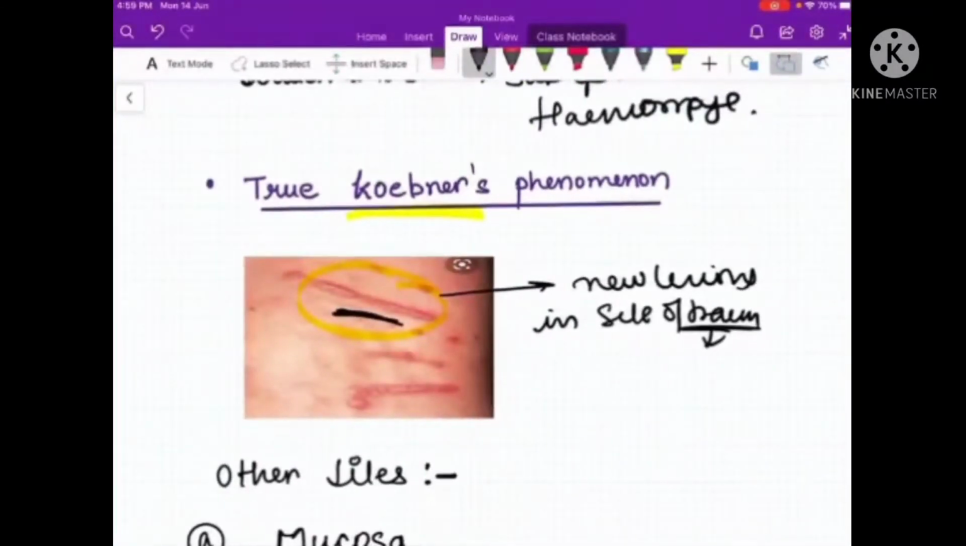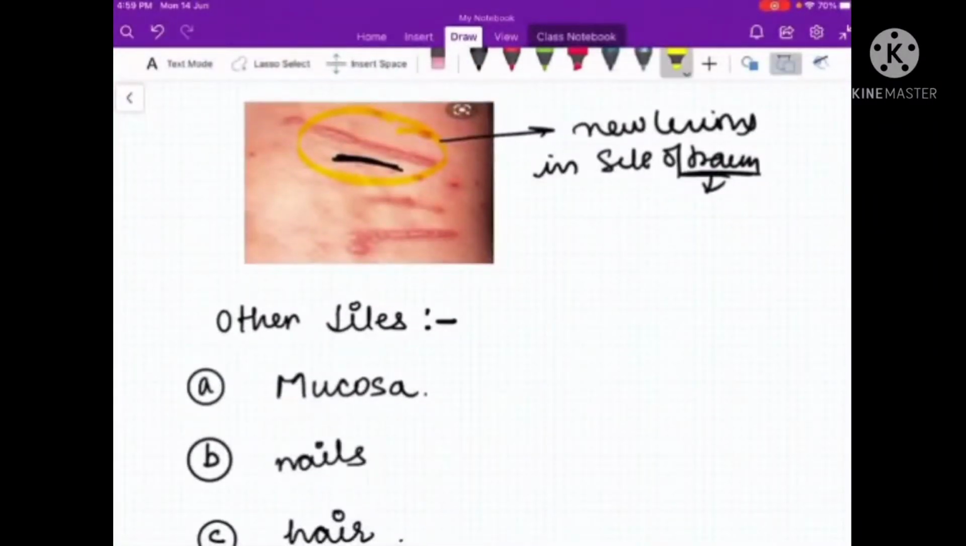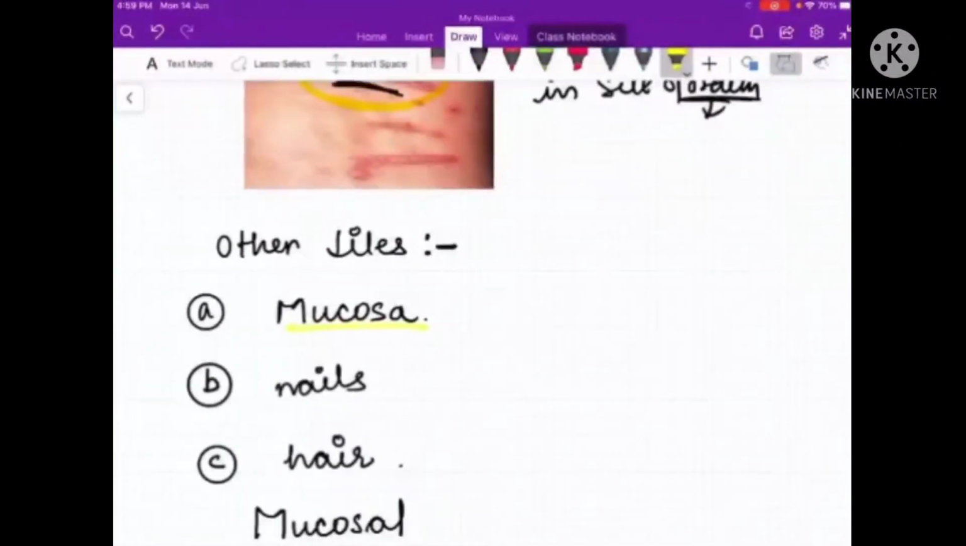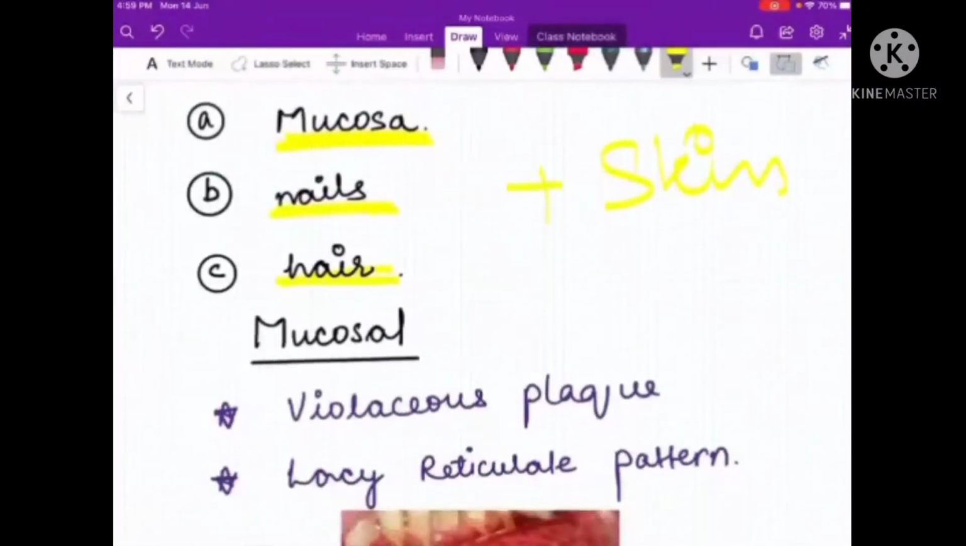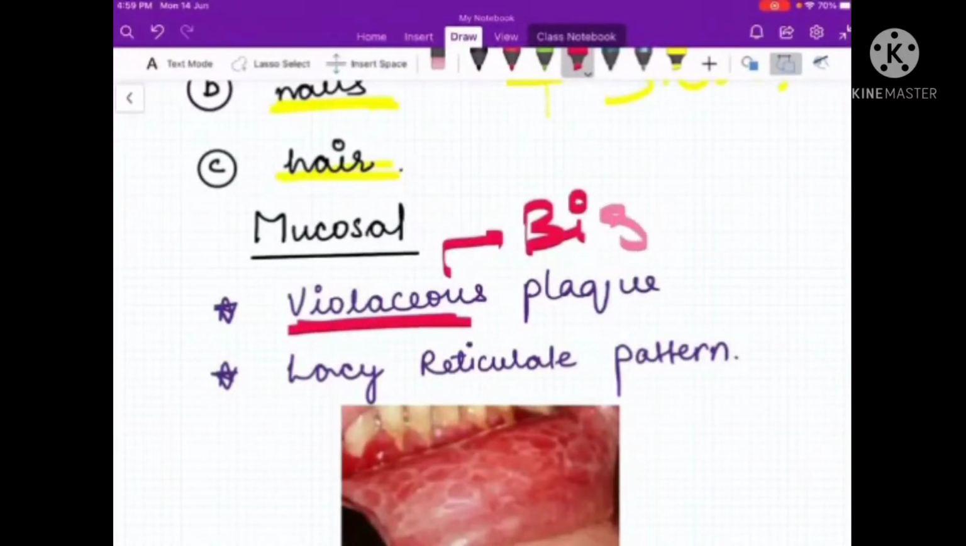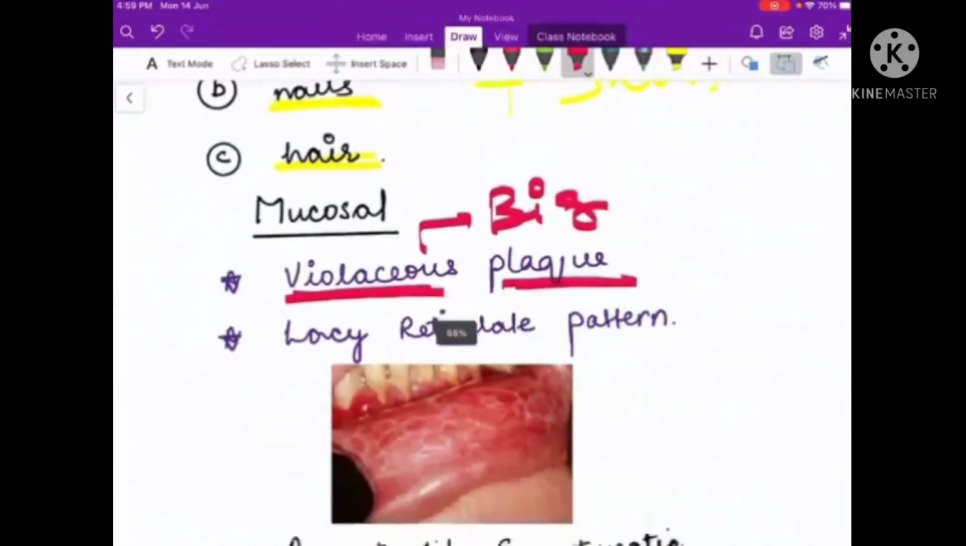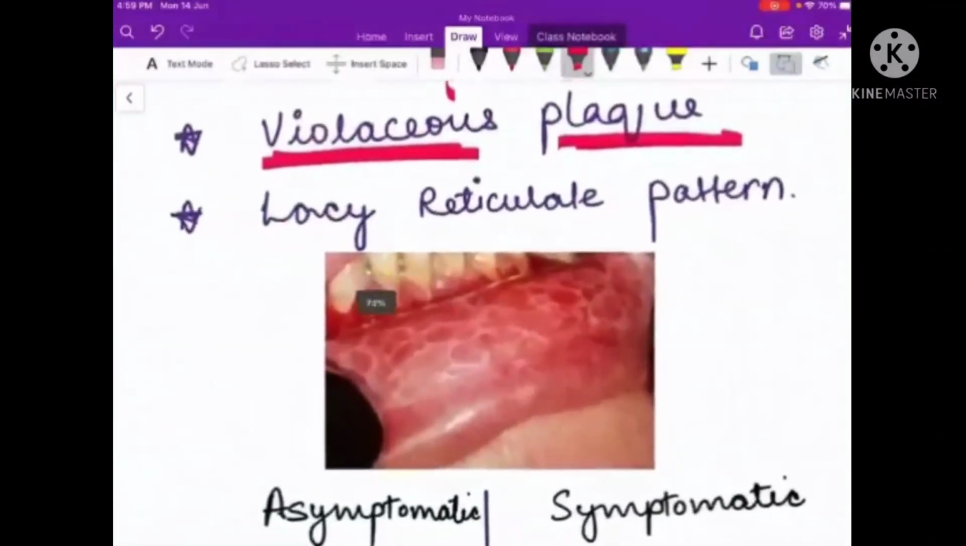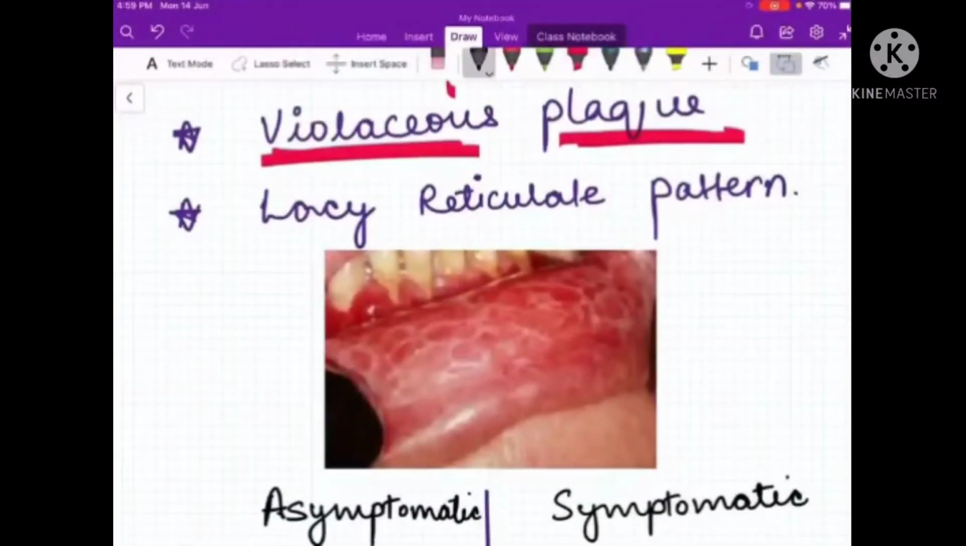There are other sites which are also involved in lichen planus, that is mucosa, nails and hair along with the skin. What are the mucosal lesions? These are violaceous lesions of lacy reticulate pattern. We can see in this picture the lacy reticulate pattern